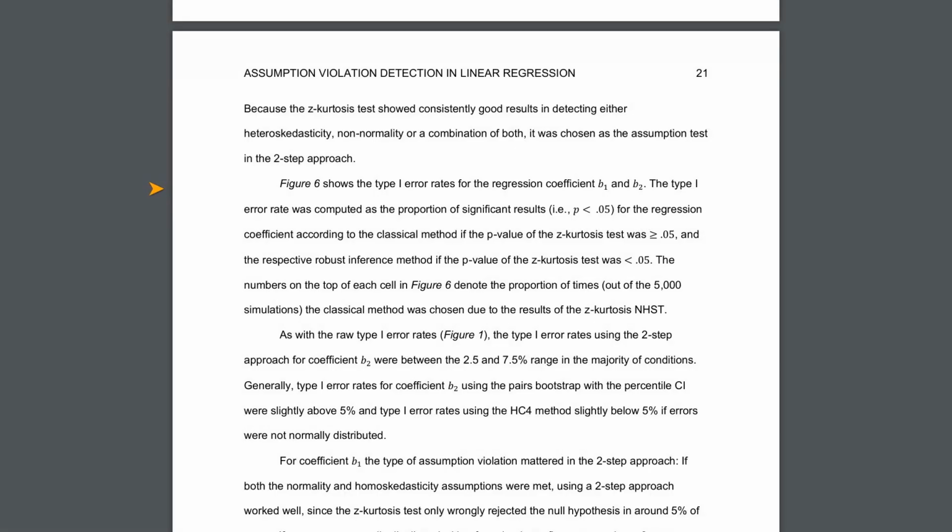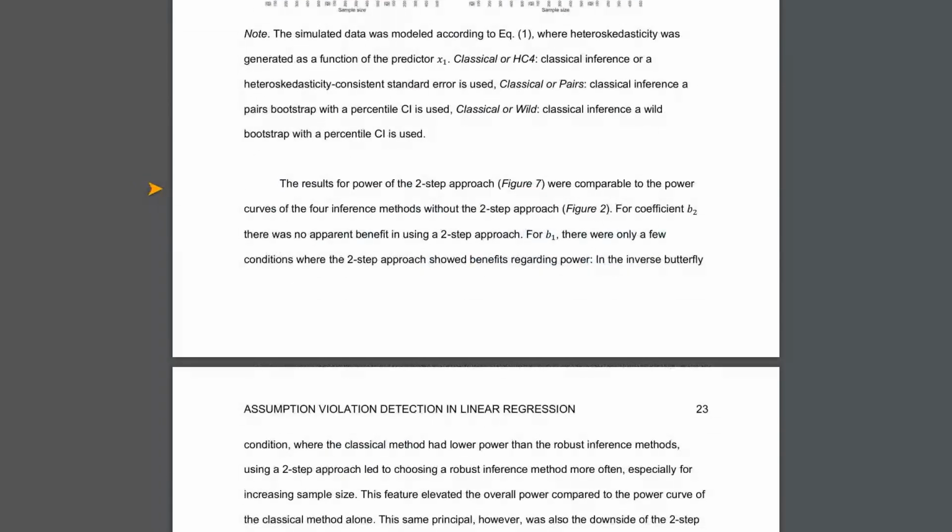So, what does all this mean? The study confirms that violating assumptions in linear regression can indeed lead to unreliable results with the classic method, especially when heteroscedasticity is tied to the predictor you are interested in. Deviations from normality alone didn't seem to cause as many problems for the classical method in their simulations, which aligns with other research. However, when you combine non-normality with heteroscedasticity, even the robust methods can struggle with type I error rates in small samples. They found that the Z-kurtosis test was a pretty good all-rounder for spotting problems with normality